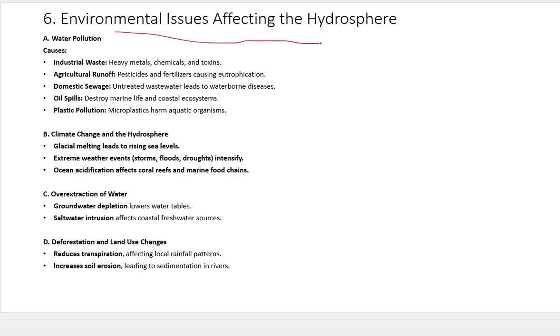Environmental issues affecting the hydrosphere. Water pollution. Everyone knows water pollution is a major issue for us. There are various reasons it is caused. Industrial waste: heavy metals, chemicals, and toxins are released from industries and mix with waters. That's how the water will be polluted, and that water will not be useful for human consumption and for other